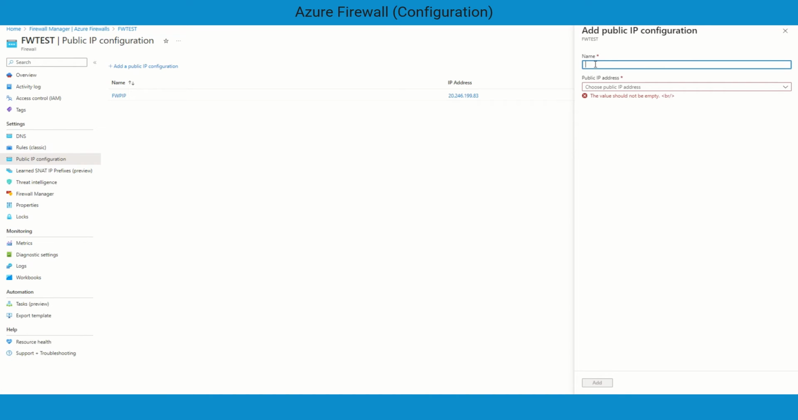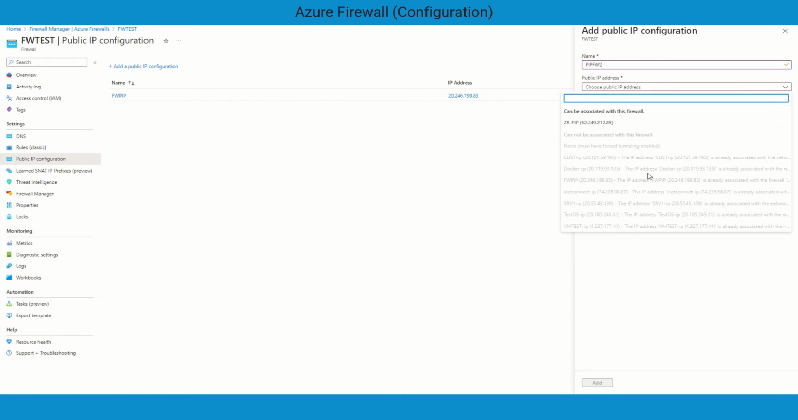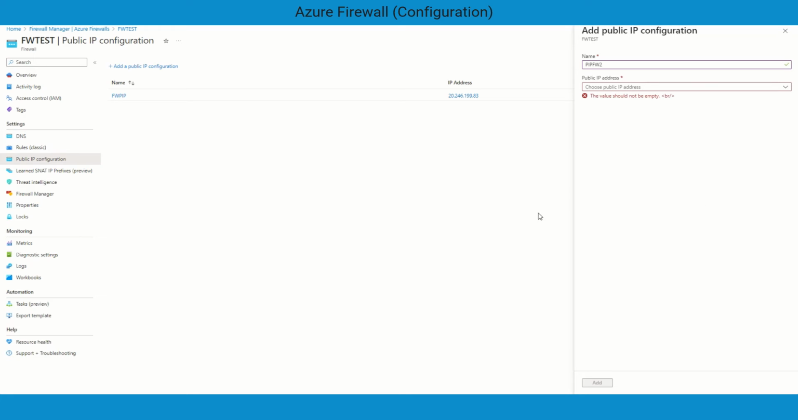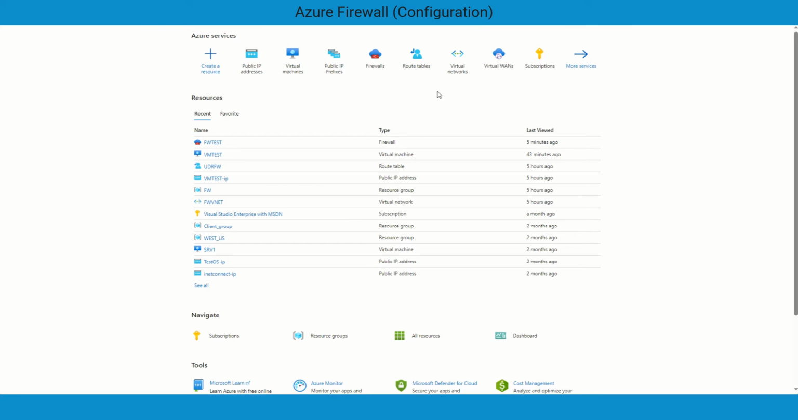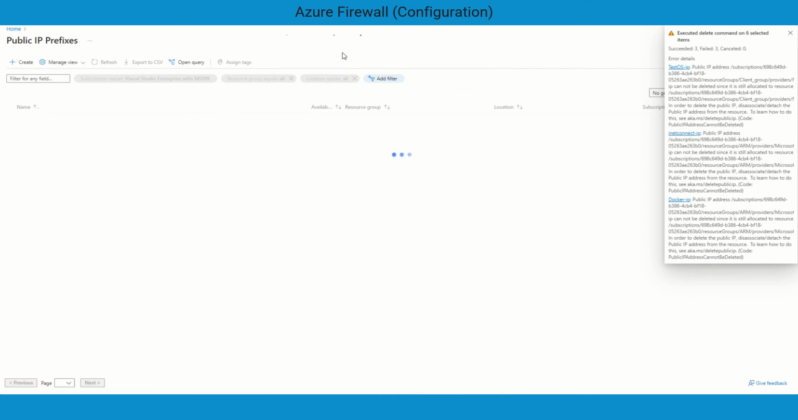So you can just put some name and then the IP which you need to configure, it will be populated here and you can choose it from the list. So let's try to create a prefix and then associate that here. The option you can choose, either you can create a public IP address or a public IP prefix. So prefix